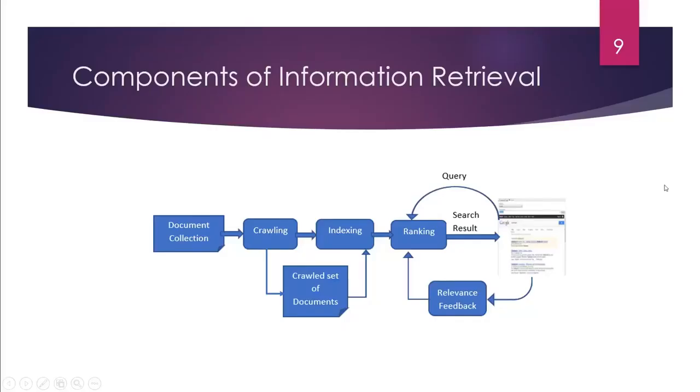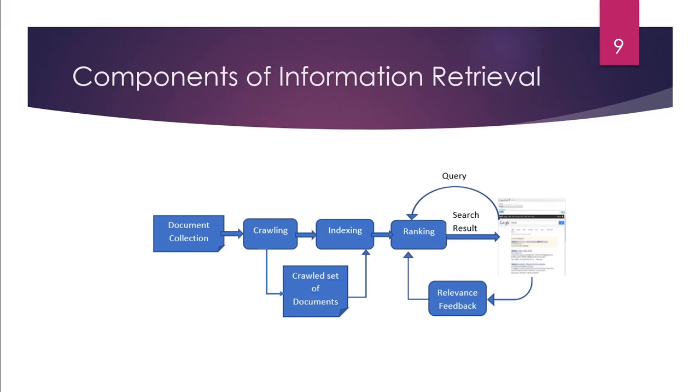Now let's look into the components of information retrieval. If you look at the diagram, there are various stages which are performed in sequence. If you remember, we had seen some of the main concepts used in SEO, which were crawling, indexing, ranking. Now, if you look at this diagram, crawling, indexing, and ranking are nothing but components of information retrieval, and which are performed in certain sequence, like crawling is done first, then indexing, and then ranking will be